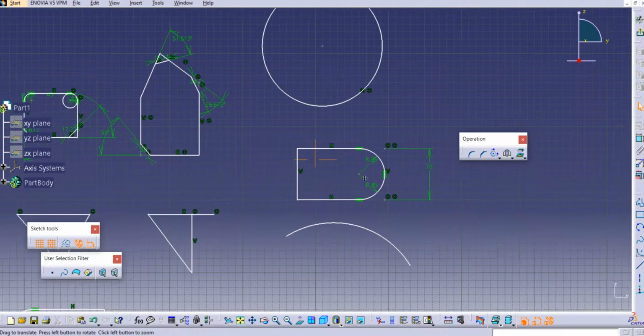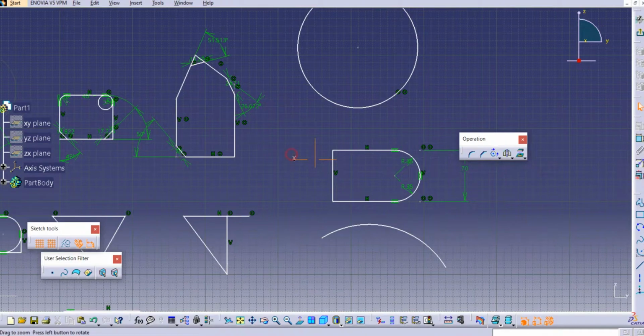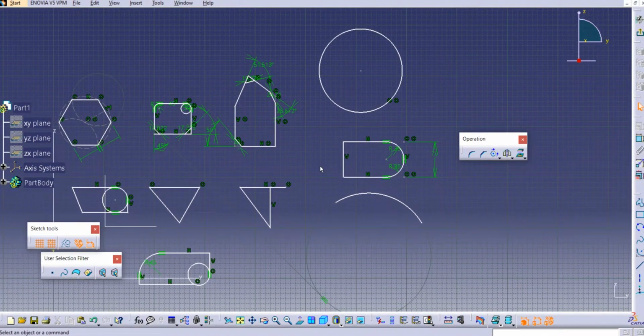In this way you can use this operation toolbar, which is very useful, with the frequently used commands for trimming. In the next tutorial we will see how to mirror the object, how to use symmetry, how to translate, rotate, scale, and offset the elements. The last option is project 3D elements, which is useful while making 3D elements.